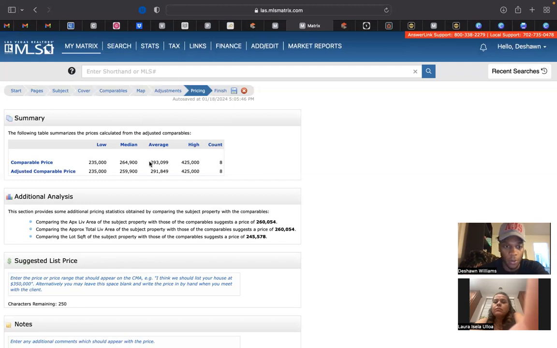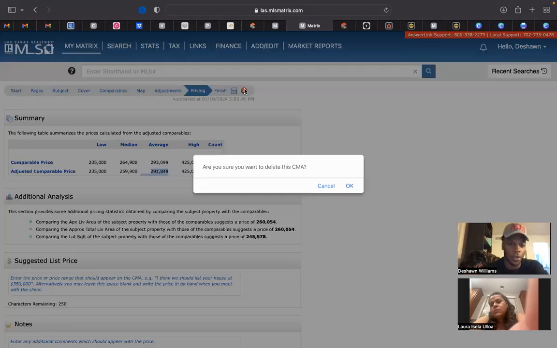So, boom, the after adjustment would have been the market value. Now, this is in the easier areas where homes are moving more and you have more data that's more comparable. But as I was saying earlier in the example,